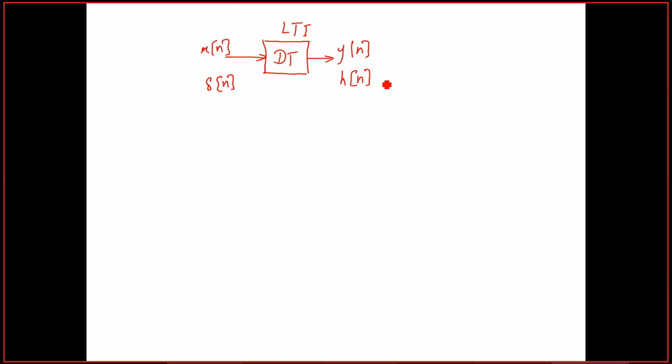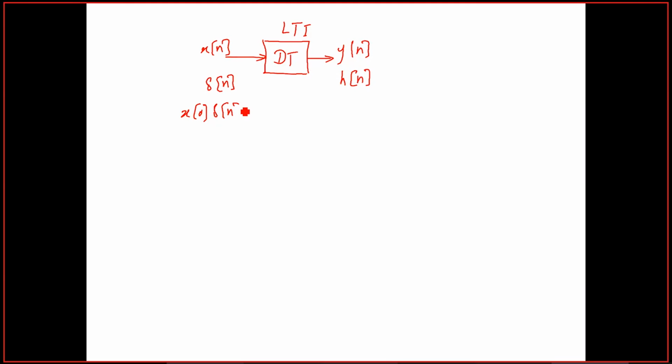And this h of n can be a single impulse, a finite number of impulses, or an infinite number of impulses. So because it is an LTI system, we know that if we give any scaled version of